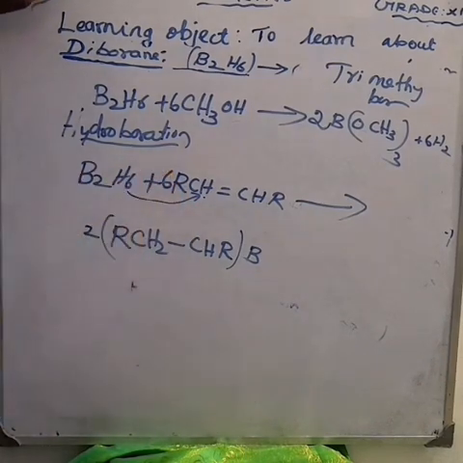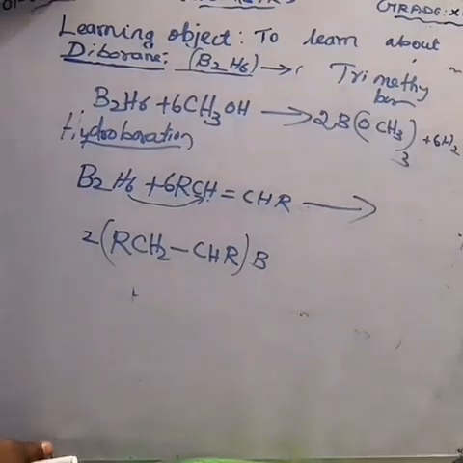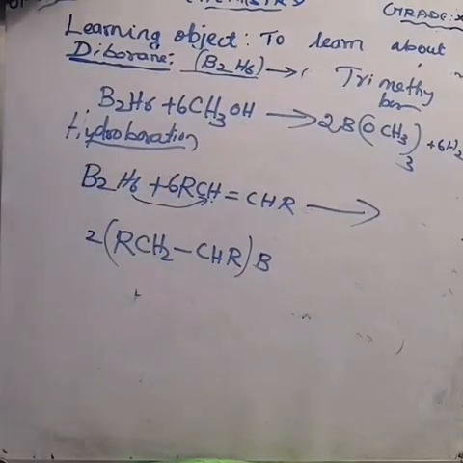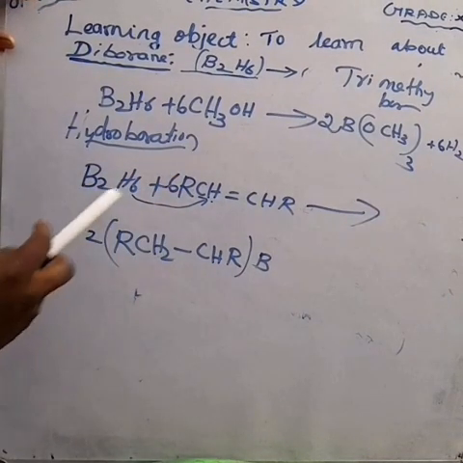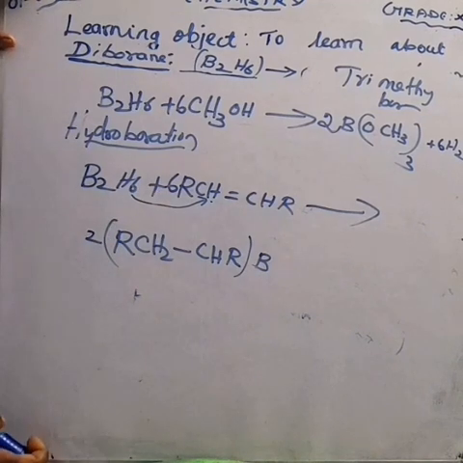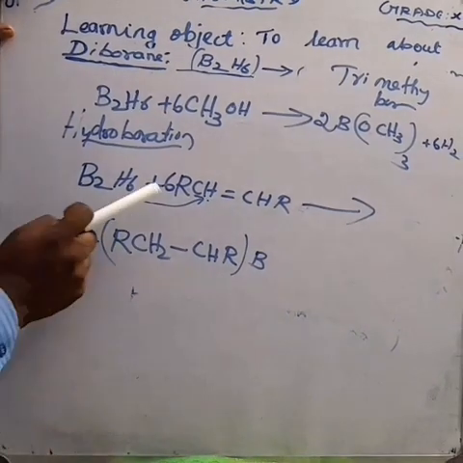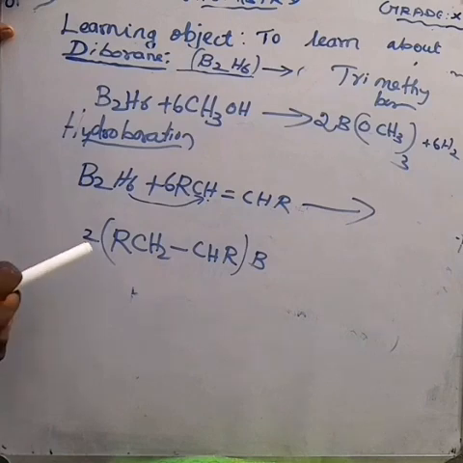Here if you multiply, 2 into 2 is equal to 4. Am I right? Yes or no? Here also 4. Here also 2 into 2 is equal to what? Here 2 into 1 is equal to 2. That is about that one. 6. Am I right? So if you multiply here by 6,